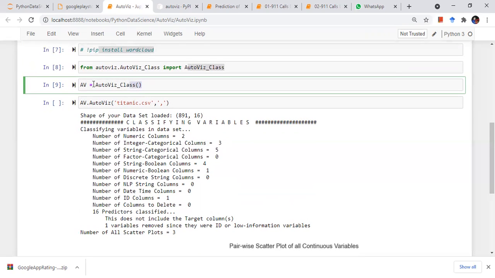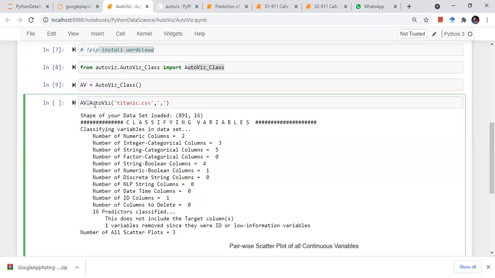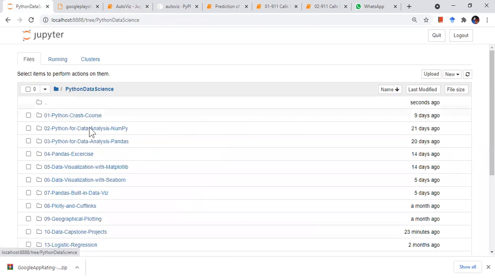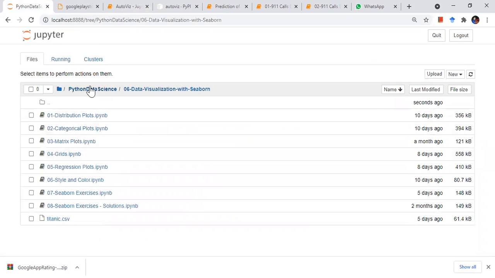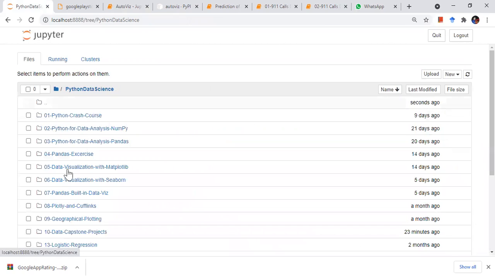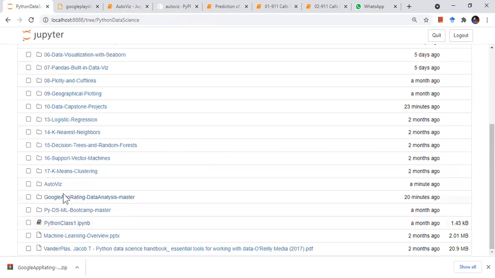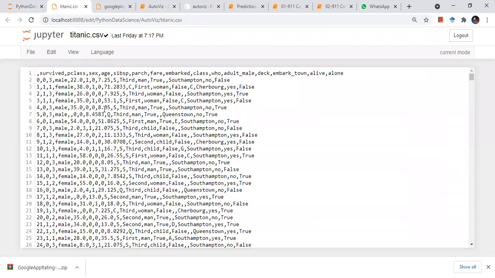Once I have created this instance of the AutoViz class, I can do av.AutoViz and pass the CSV file name where my data is stored. This is my data set. We have already seen this before in the Seaborn lectures, if you have gone through the exercises and the notes.